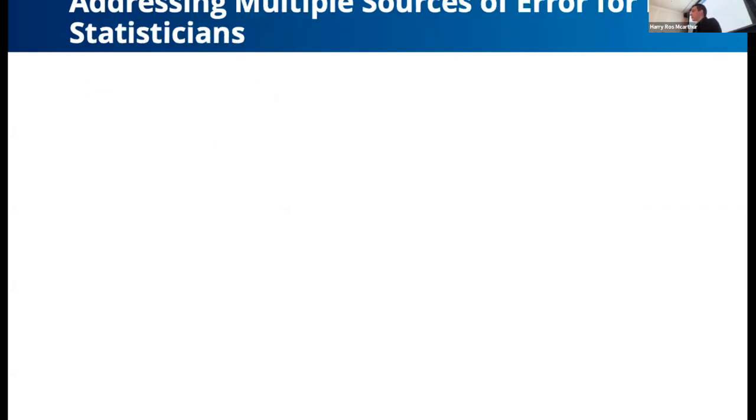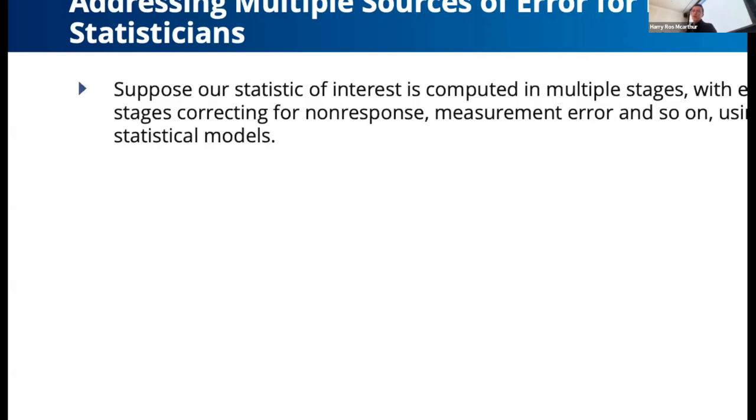If you're an NSO statistician and you're not external to the ABS, for instance, then the situation is a little bit more complex because we need to come up with the survey weights. Now, if it were only the random sampling selection mechanism that we know that affects the sample that we get, then we'd be fine, we know what to do. But in reality, there's non-response, so that's like selection bias. We ask people to participate and they don't respond. There's measurement error, there's linkage error, and so on. But we can correct for those using statistical models.